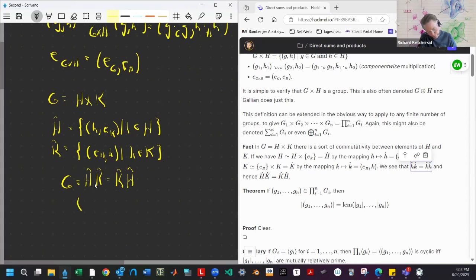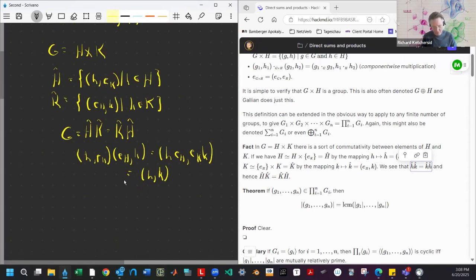That's because if I take something in H hat, so it's going to be (h, e_K), and I multiply it by something in K hat, (e_H, k), well, when I actually do that, what I get is (h e_H, e_K k), but this is just (h, k). And we could flip that around and say this is the same as (e_H h, k e_K). And so that's the same then as (e_H, k)